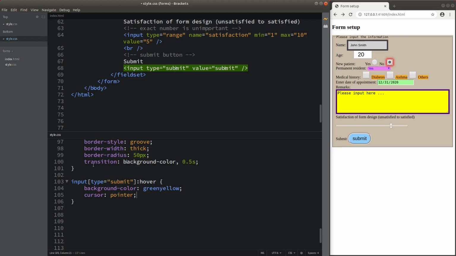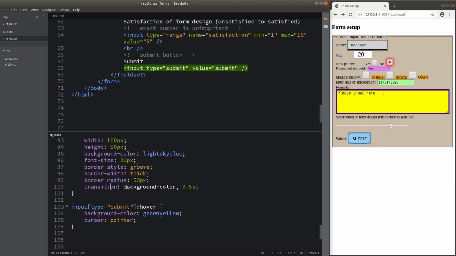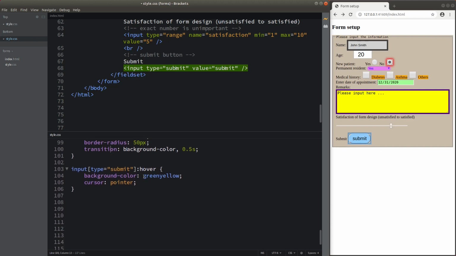So the transition property shown here is corresponding to the transition when I put my cursor on top of the button, okay. So the color has changed from the original value of light sky blue to the final value of green yellow, okay. So for this video, we have already seen some basic changes to the forms by using